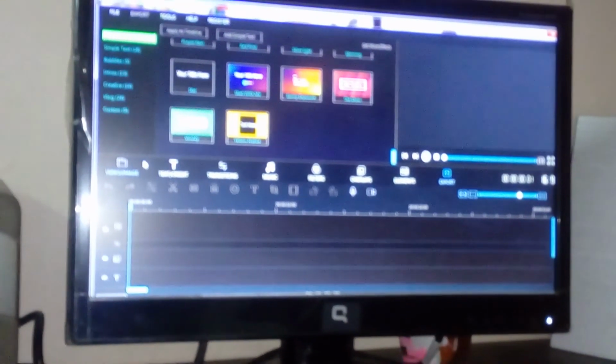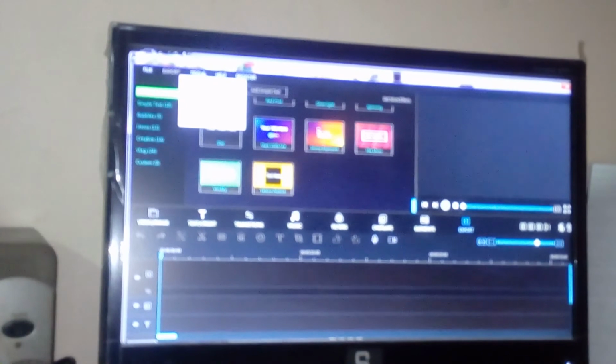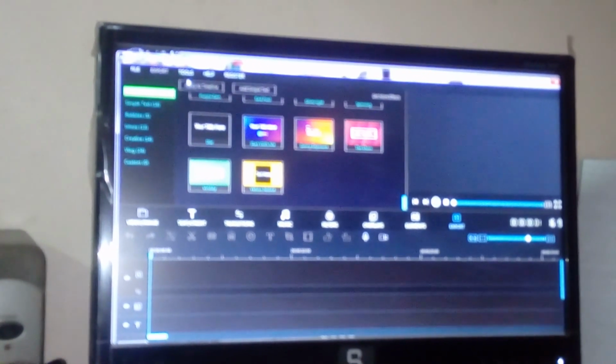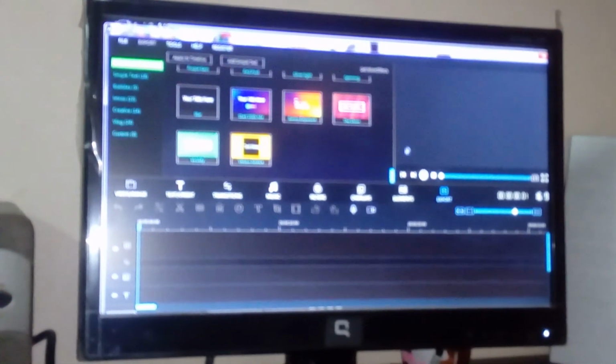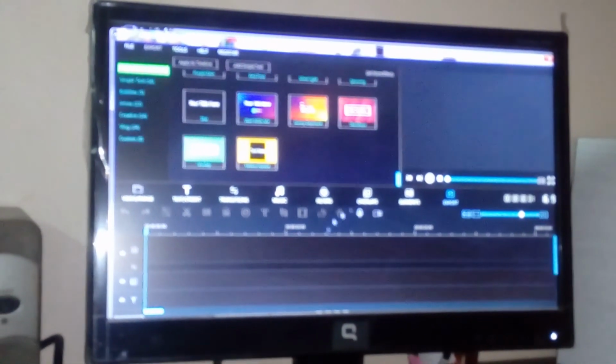First you have to drag the images or video from the desired location and put it here for the creation of the movie maker.